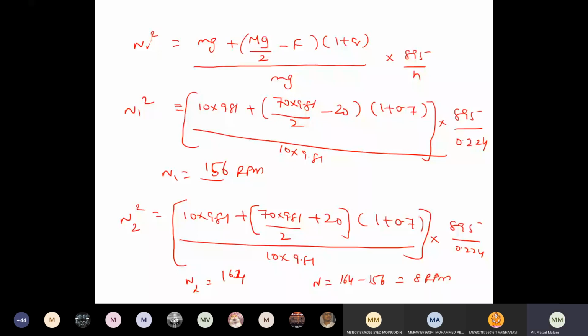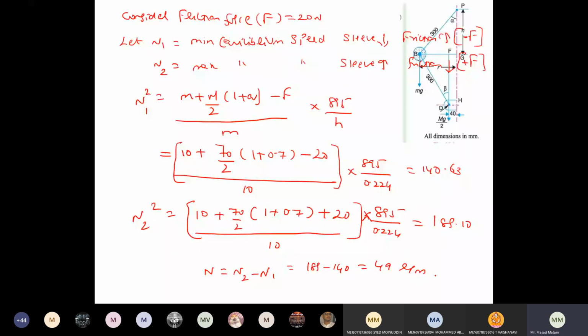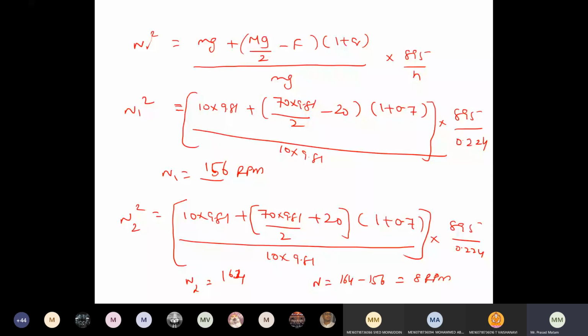Which is correct? Now you confirm it. The same equation, two methods have been solved. Now tell me which is correct. This one or this one? Which is correct? Second one, sir. Why? Because whenever friction is there, you have to take in mg, sir. Right. Got it. Whenever friction is acting, we have to take in mg.